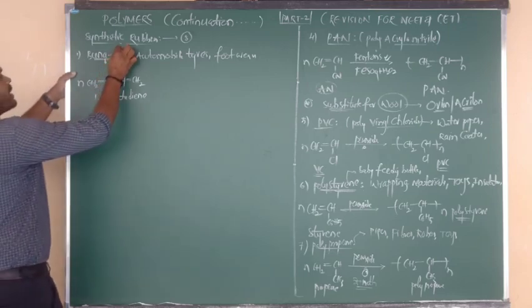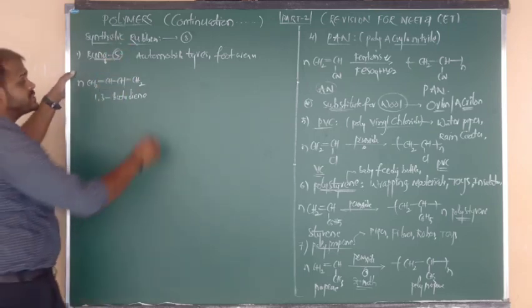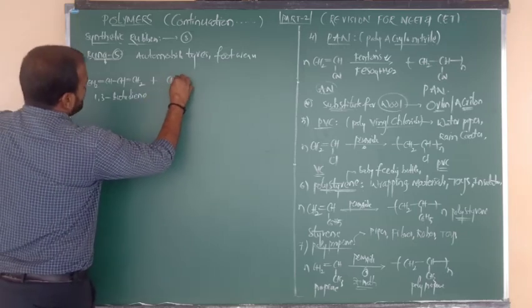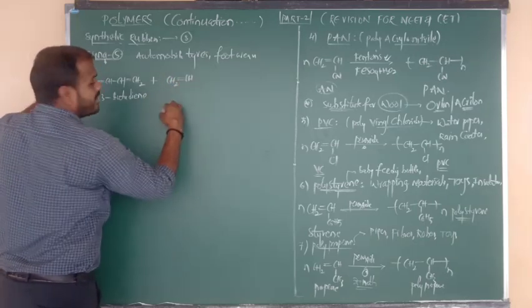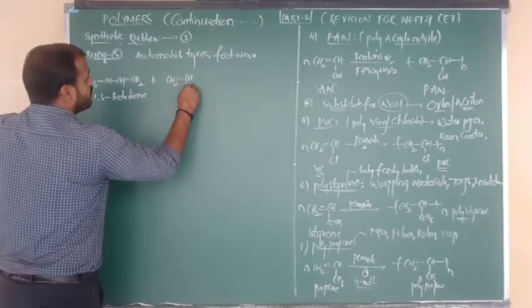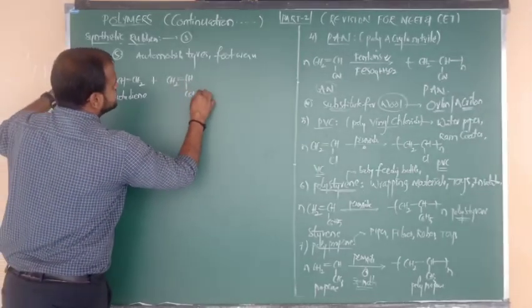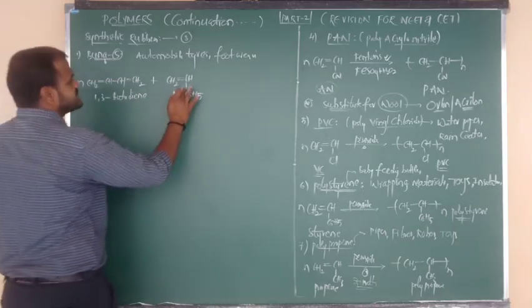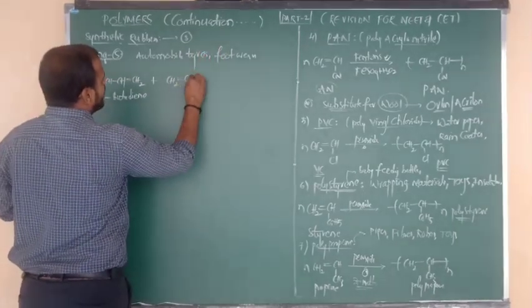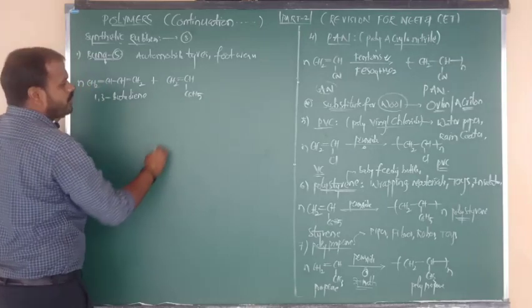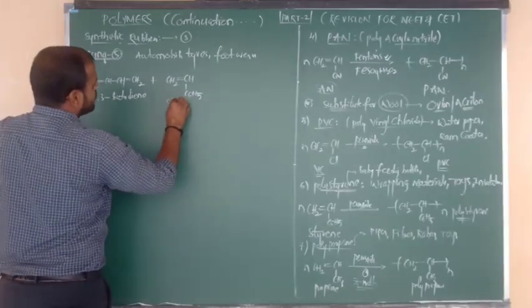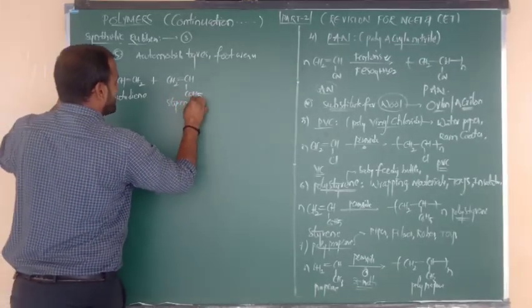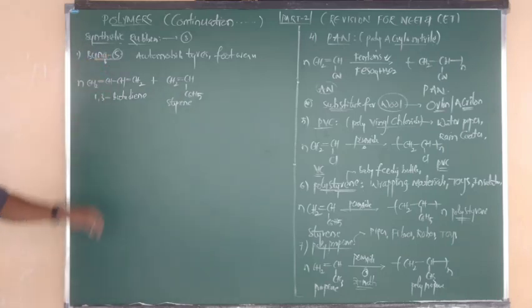And one more monomer comes from S. S refers to styrene. Just now I told you the formula of styrene. This is the formula of the vinyl group, and the vinyl group is connected to what, beta? Benzene. CH2=CH, and below the plane we have to write what, beta? C6H5. So CH2=CH with a phenyl group below the plane. Vinyl benzene is nothing but styrene. So these are the two respective monomers of Buna S rubber.